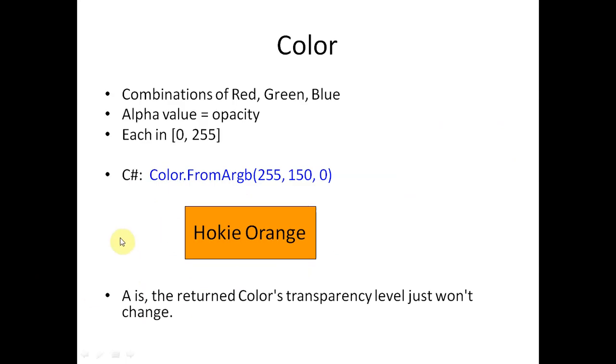And we can use color also, Color.FromArgb. A represents color transparency, while RGB is red, green, blue colors. These are the intensities of red, green and blue color, with different levels, from 0 to 255.